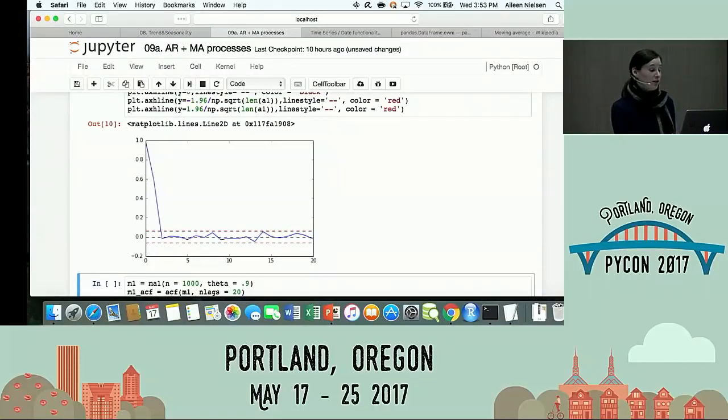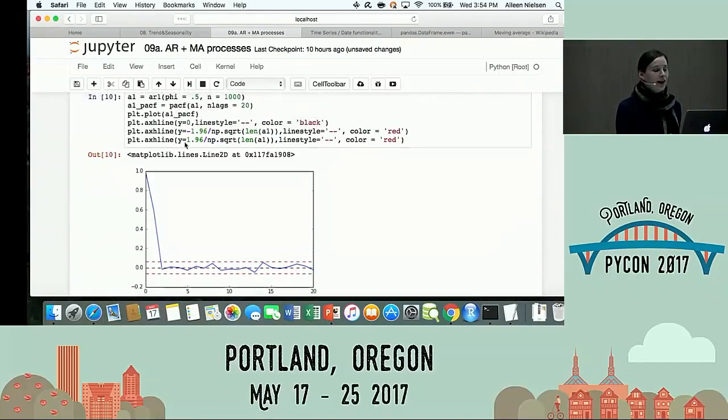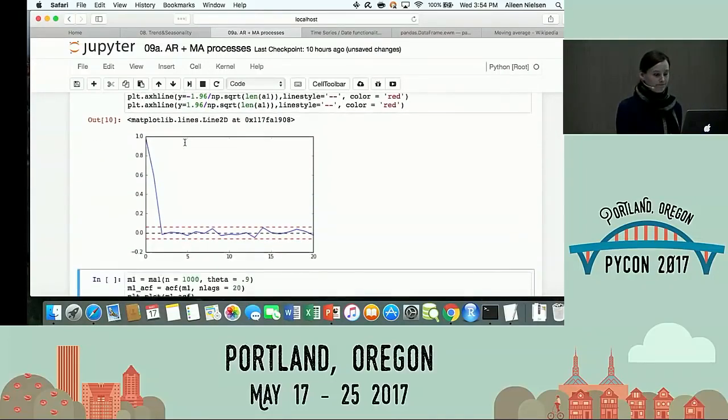And here's my partial autocorrelation function, right? This is the one that really matters. Remember we talked about how with an autoregressive model, it's the partial autocorrelation function that's going to fill in the parameters. This one is rock solid. It's not always that way, right? I can still have statistical errors. You'll notice here, for my autoregressive order of 1, I have a significant term at my lag of 1, but not after. That means that it's only the lag of 1 that really explains the correlation or variation as I look at my partial autocorrelation. So that's autoregressive, right? For my autoregressive diagnostics, I look at my partial autocorrelation function.